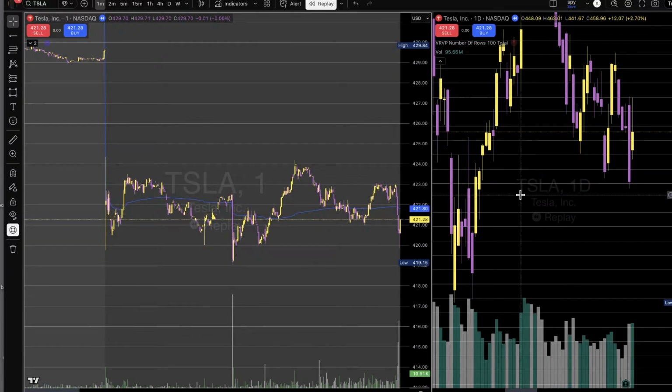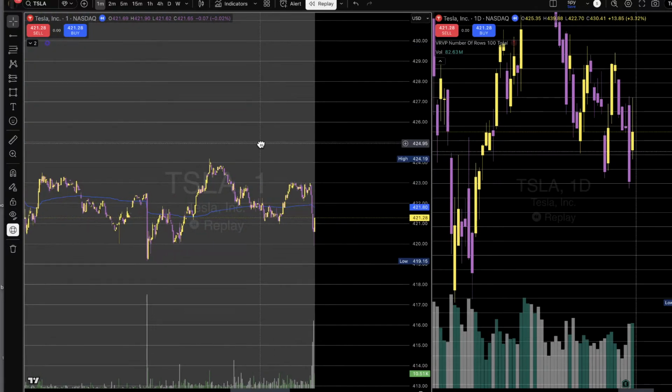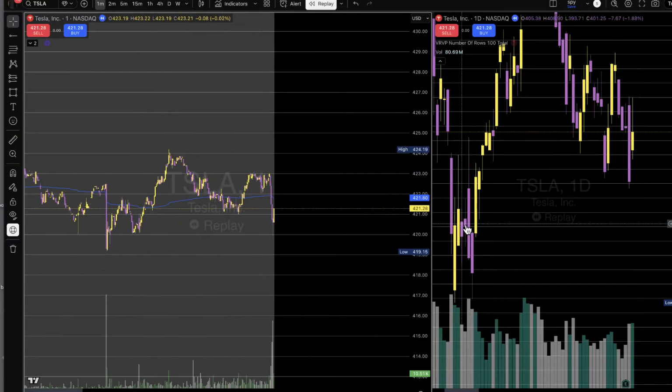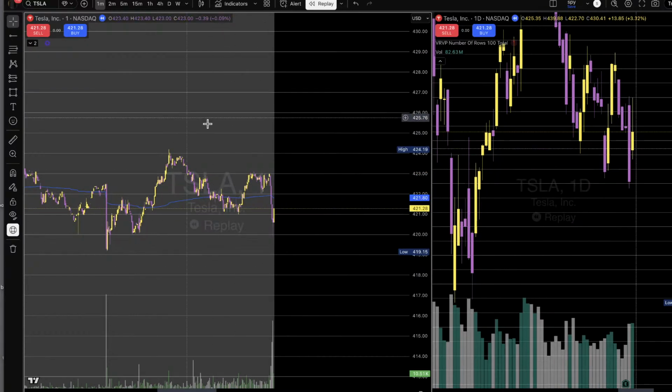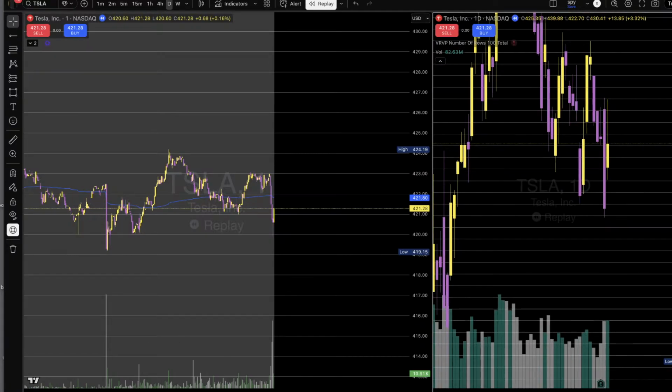Maybe I should have it the other way. I'll just do it like that for now. The reason I have it like this is because I used to use Webull, and Webull would be blocking the daily, which is fine because I would mark the levels. But we'll start by marking our